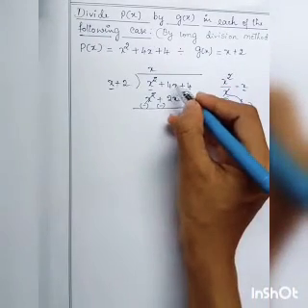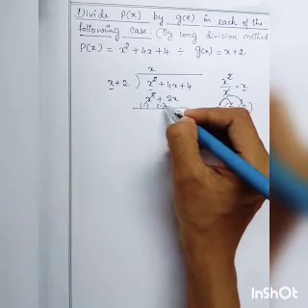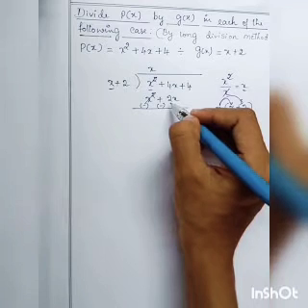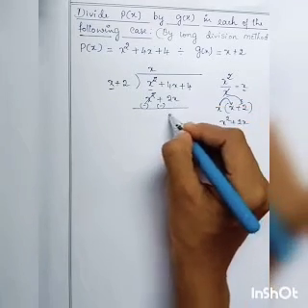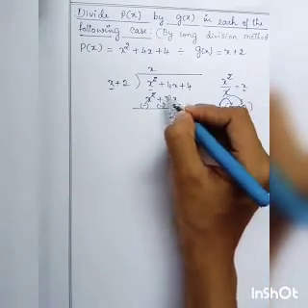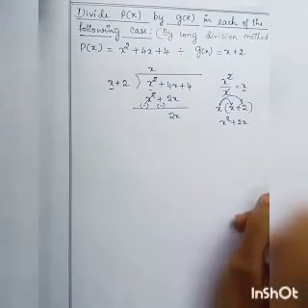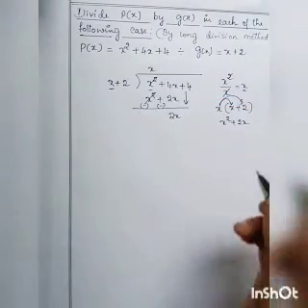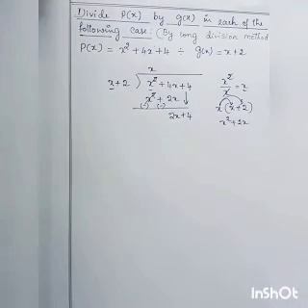Now check the second term. Plus and minus signs are there. If a plus and minus sign come, what do we have to do? We have to subtract the terms and take the sign of the bigger number. Correct? 4 minus 2 is 2x. The bigger number is 4 and its sign is positive, so it's plus 2x. And what is remaining here? Plus 4 is remaining, so you bring plus 4 down. Till here you understood, right?